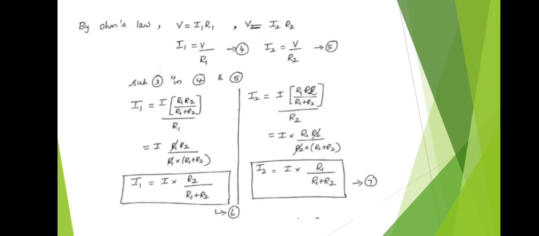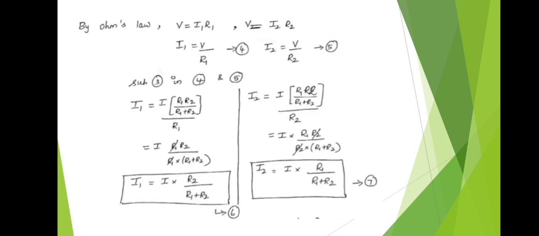Already we saw this in the voltage division rule, same thing you just see here in equation number 6 and 7. We are having on the left hand side I1 and I2. I1 and I2 are the unknown currents. I is the known current. See in the product term, R2 here, R1 there. I1 is the unknown current through R1. Opposite resistance is R2. Here similarly R1 is the resistance. I2 is the current through resistance R2. So R1 is the opposite resistance to the unknown current.